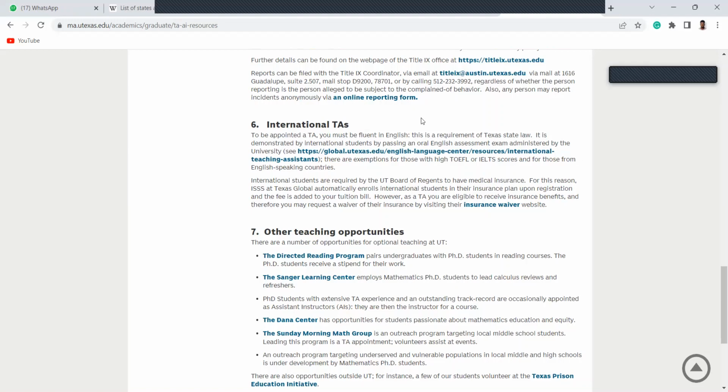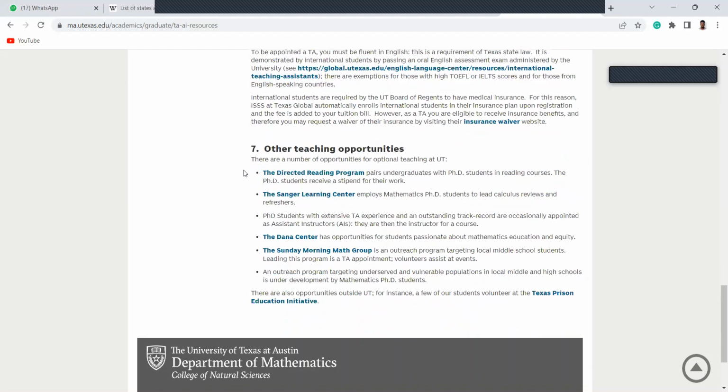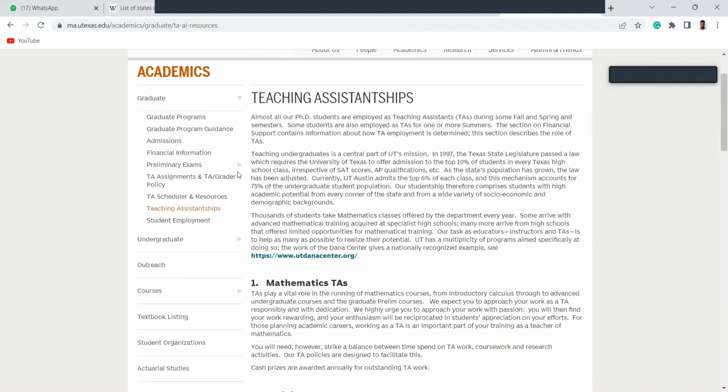So by reading this, it automatically tells you that, okay, coming from Ghana, I don't have to write any test, right? So there are exemptions for those from English-speaking countries. By reading this, it tells you, okay, I don't need this test. You go ahead with other options like that. So we can come to